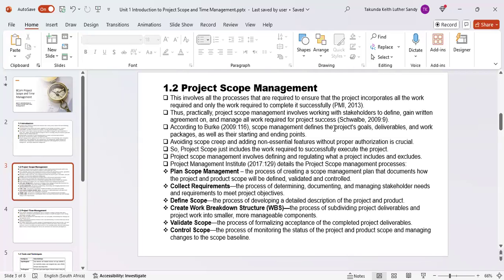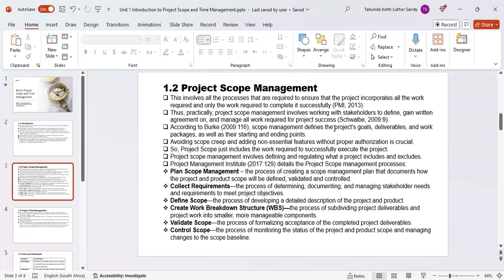Okay, and when you talk about time management, we are simply looking at the duration, the duration that we take to complete our project in a timely manner. So the duration or the length of period that you take to complete a project is what time is. All right. So let's look there. Project scope management involves all the processes that are required to ensure that the project incorporates all the work required and only the work required to complete it